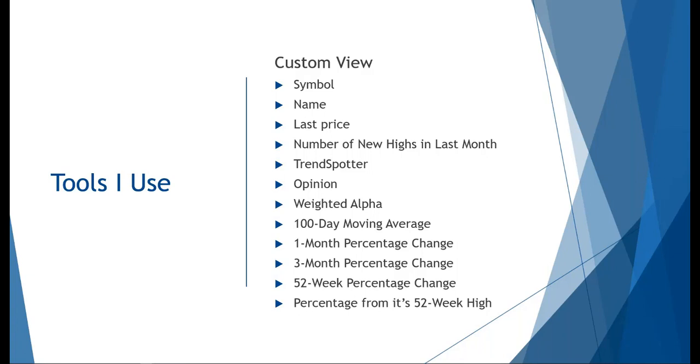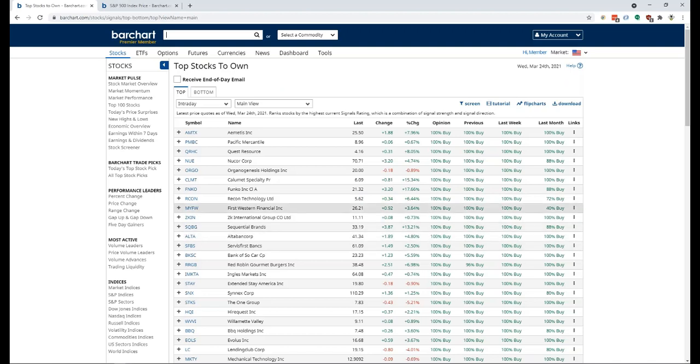And the 52-week percentage change. Then the last column that I use is the percentage from its 52-week high. And I use that as a very valuable tool to tell me how close that stock is to making its next new high. If it's 10% below